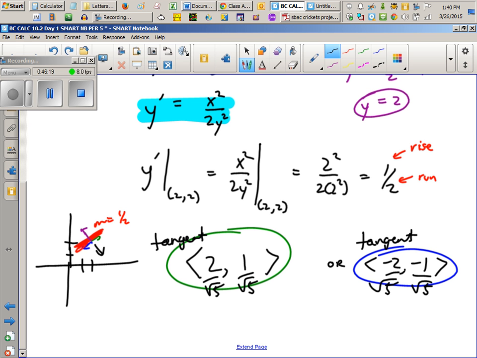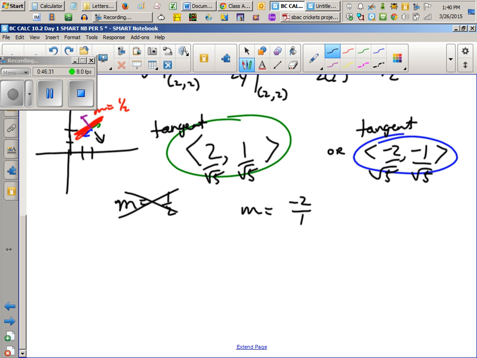Well, you have to flip them over, right? So you want not a slope 1/2, but rather you want the slope to be -2/1, right? Opposite reciprocal. So now this is your rise, and this is your run. So you're going to have to switch these. You're going to have to put the 1/rad5 here, and this is going to have to be like a -2/√5,